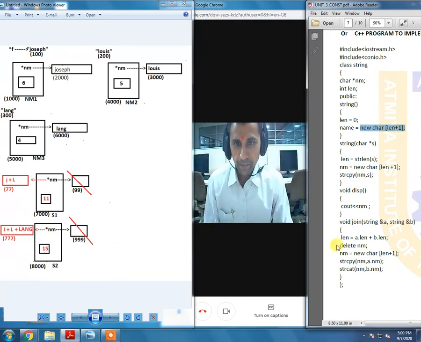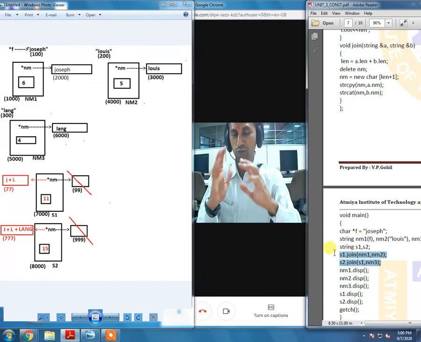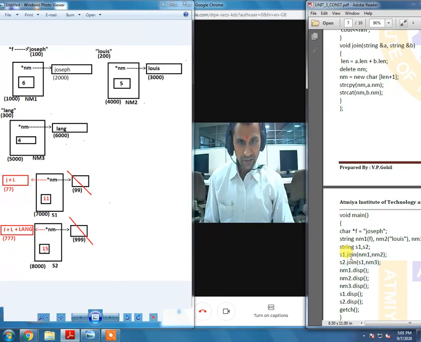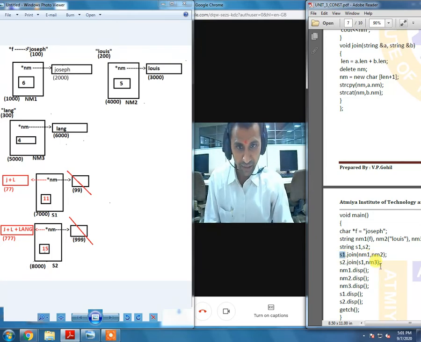Now the main function. This part is going to be very crucial, very important, and you can say the core of the entire program. First let me give you a brief about this line. The join function is going to be called. The S1 object is the one making a call to the join function. 2 objects are getting passed as arguments.